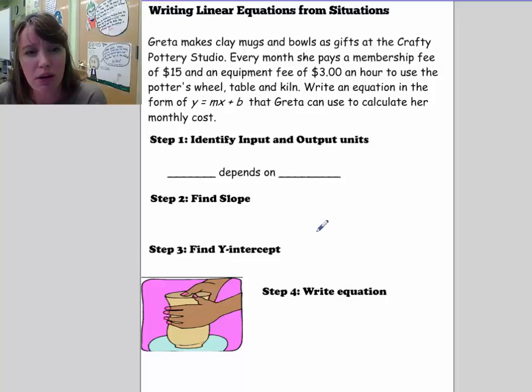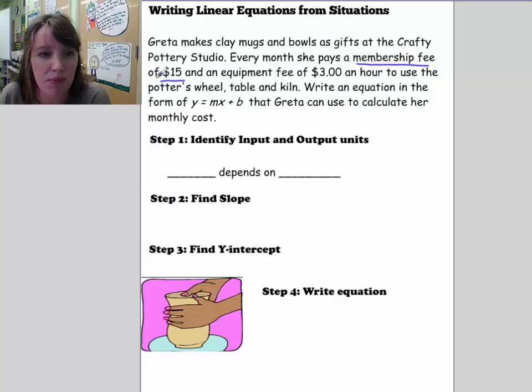All right, let's say that Greta makes clay mugs and bowls as gifts at the Crafty Pottery Studio. Every month she pays a membership fee of $15, okay? And so this is her membership fee, and an equipment fee of $3 an hour to use the potter's wheel. Now, you want to write an equation of the form y equals mx plus b that Greta can use to calculate her monthly cost. Okay, so every month she pays a membership fee, a constant fee of $15, and she pays a variable rate of,